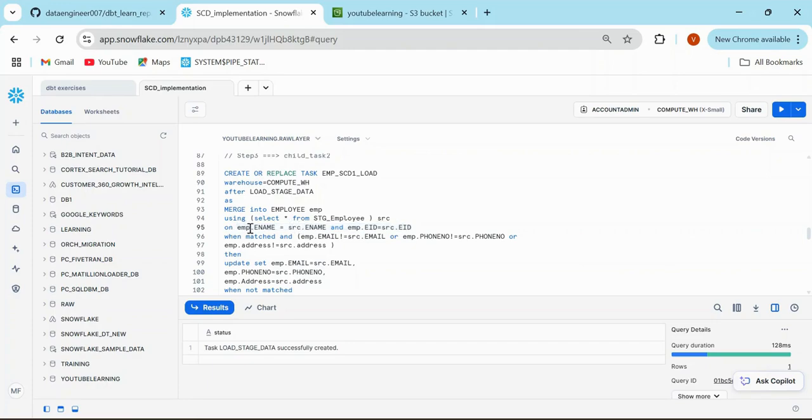So now I'm saying if both the name and the employee ID are matching, and then if any of this information is not matching, email, phone number, or address, and that again is my assumption that I am going to check all of these columns. However, you can take any of these. Either you can take address, or you can take email or phone number. Okay, but this is my type 1. So if any of this phone number, email, or address is going to be changed,